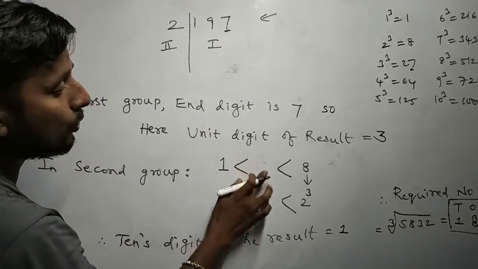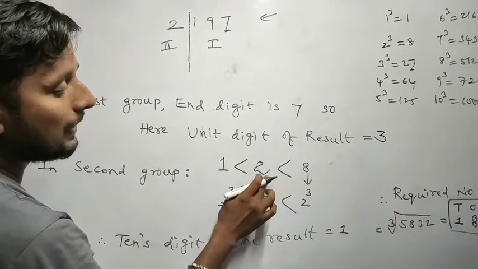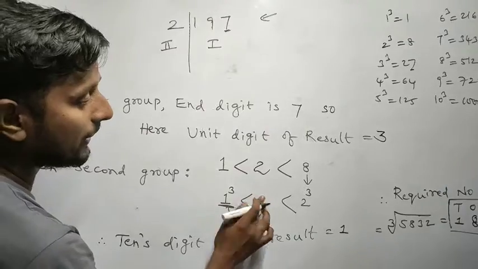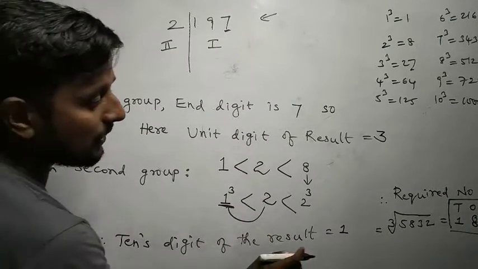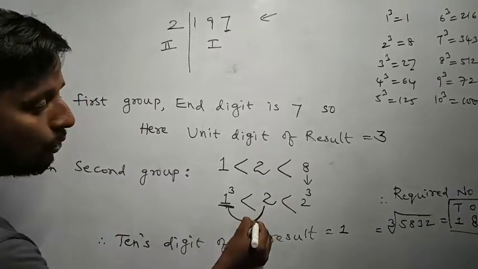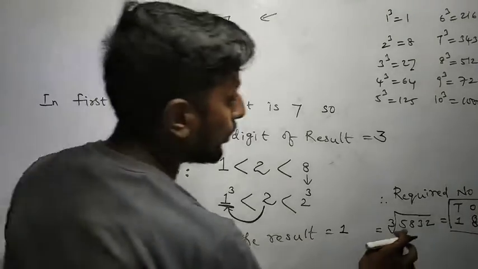Second group, we have a 2. Am I right? Same, 1 is less than 2, which is less than 8. So here we'll write again 2. Correct? So what will we write again? The tens digit of the result is 1, because the number before 2 is 1, and 1 cube is 1 only. I mean, now the cubic root of